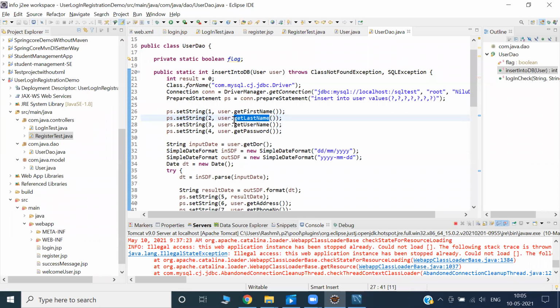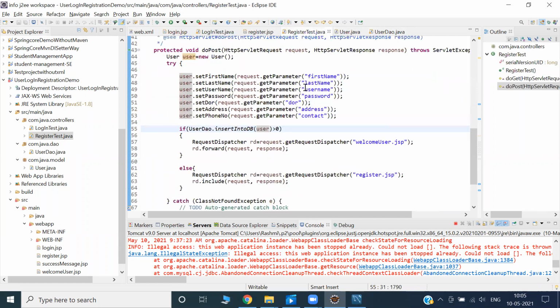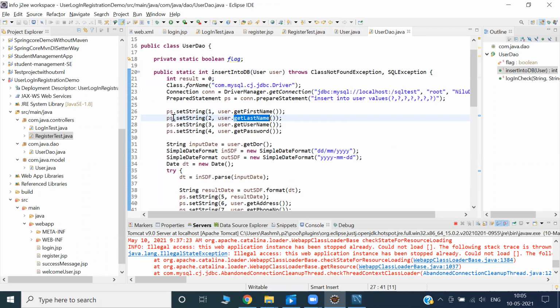Then how is it possible? It was already done: getParameter, Prasad's last name collected and stored in the user. So don't think that at this point this user contains so many pieces of information, at least those 7, and that information I'm storing in the second column by ps.setString.